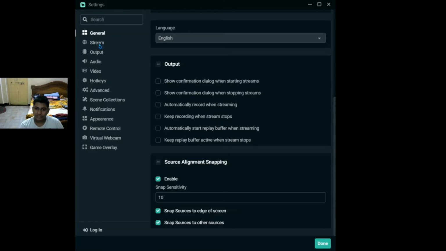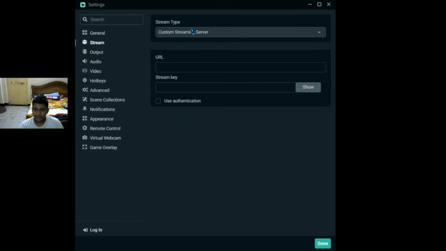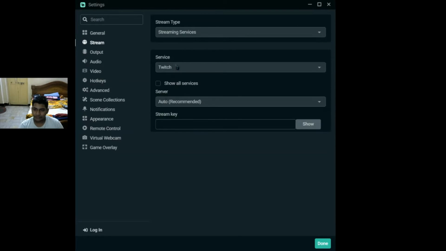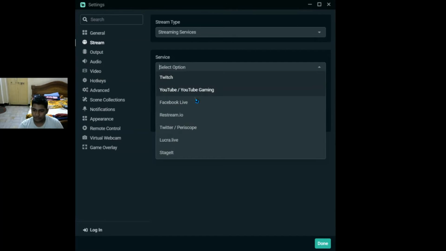Let's go to the stream option. Stream, now you can choose the streaming server like Twitch, YouTube, YouTube Gaming, Facebook Live, Restream.io, Twitter or Periscope, Lucra Live, and Stage It. So the most selected options are Twitch, YouTube or YouTube Gaming and Facebook Live. So if you want to stream to any of these streaming software, you can select the option. Or if you have your